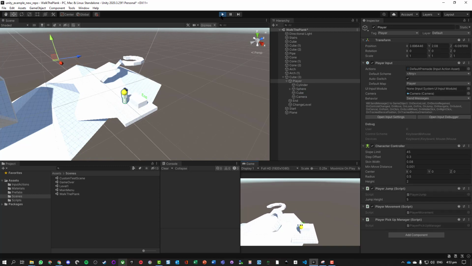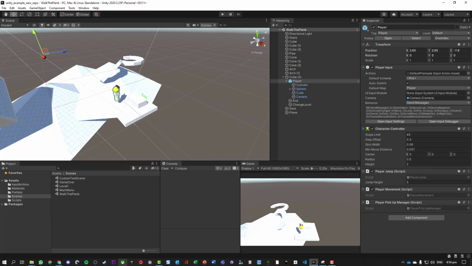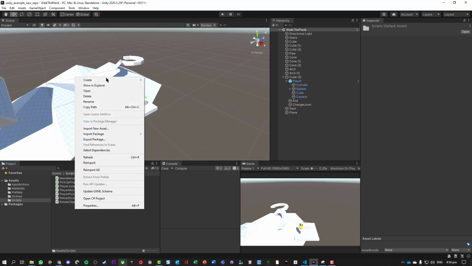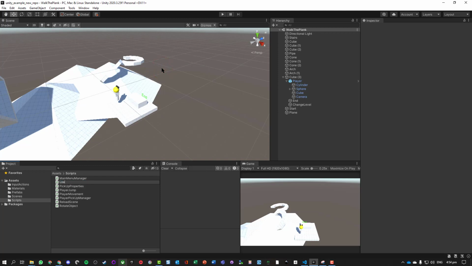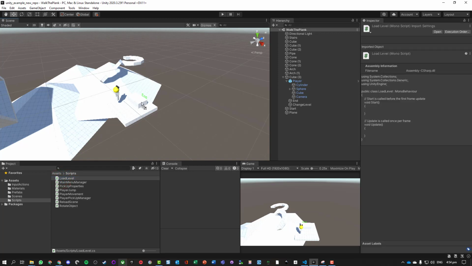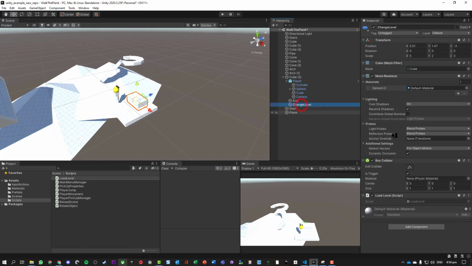Now we need to go and add a script to basically detect when our player has hit that character. We're first also going to make sure that our player has the player tag attached to it, which it does, so that's all good. So now back in my scripts folder, I'm going to create a new script, and I'm going to call it load level, or I could call it load scene, and I'm going to attach that to the trigger. So we can see now that's on that object that I want to basically use to load the next level. So I'm going to double click on that,